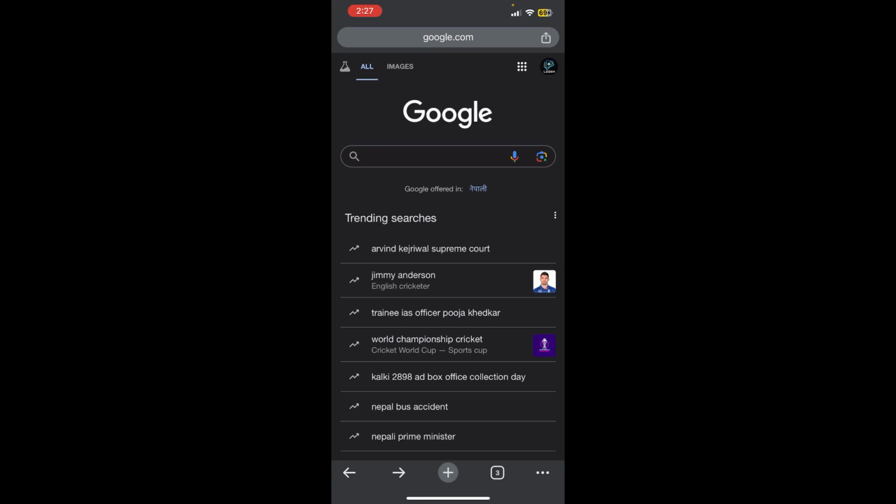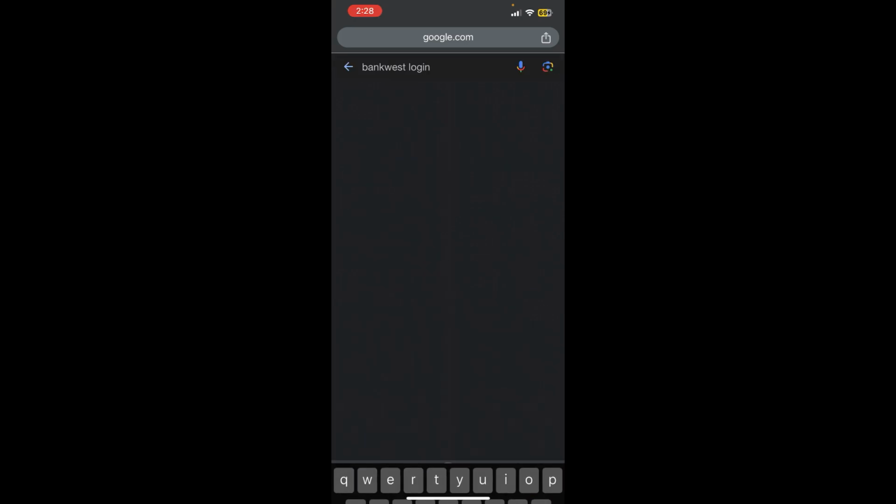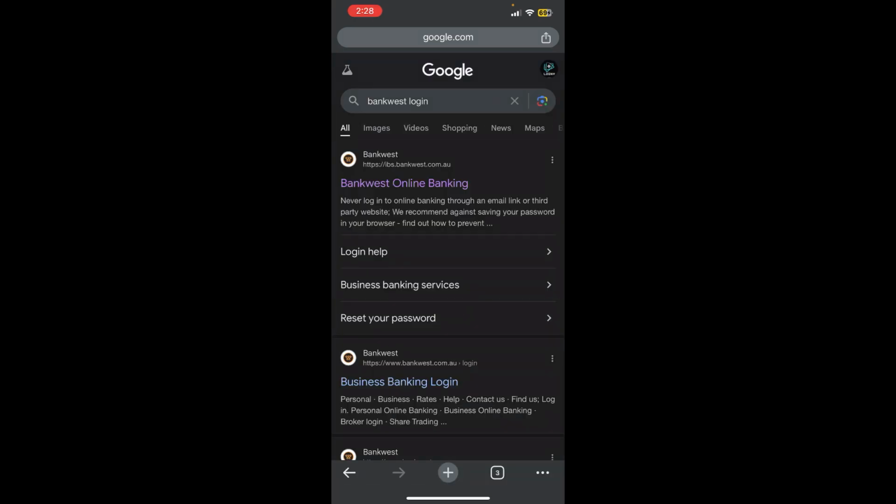First things first, I assume that you have already opened an internet browser, and now you need to search for the Bankwest login in Google. Once you do that, you'll be able to see a link at the top of the screen, which you need to tap on. Now you'll be redirected to the official login page of Bankwest Online